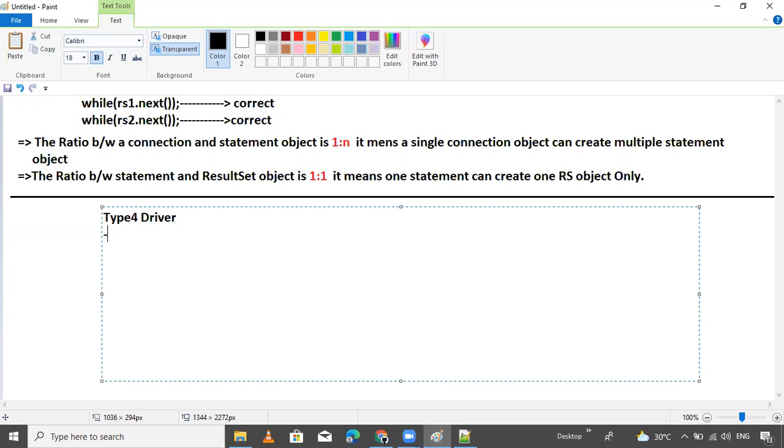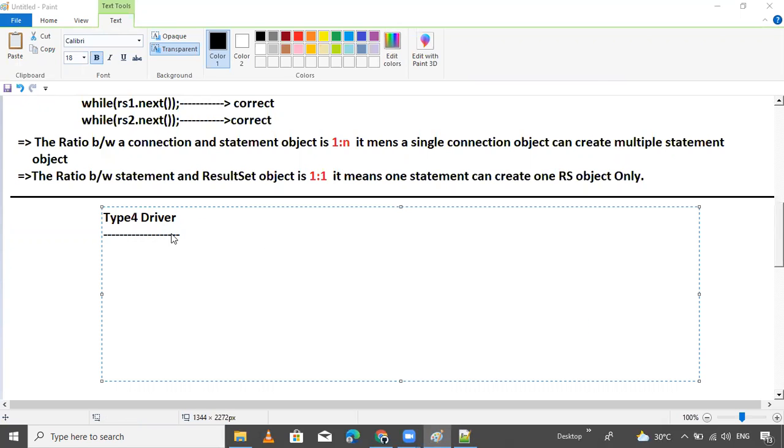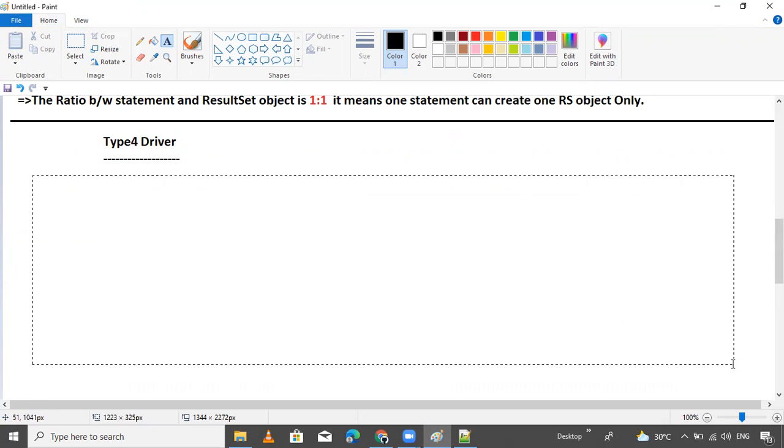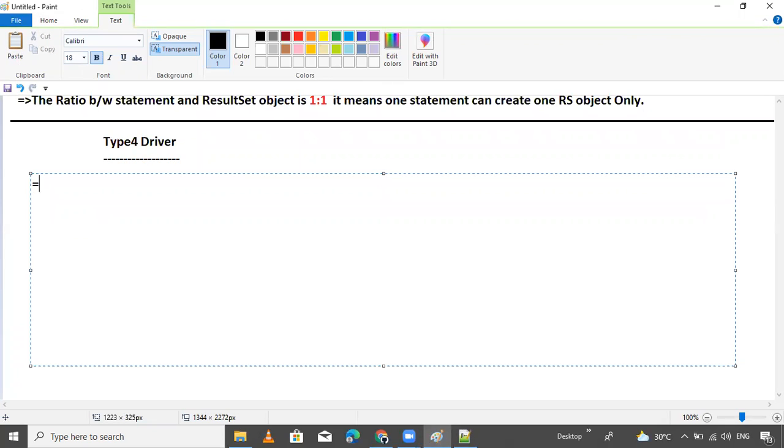Type 4 driver. What is the type 4 driver? Some points, this is important. Why? Because industry uses only the type 4 driver. Now, the point is this driver is a native protocol, pure Java driver. Protocol in the sense we are using localhost.